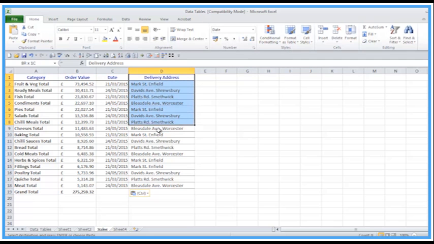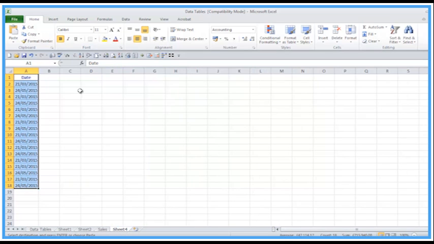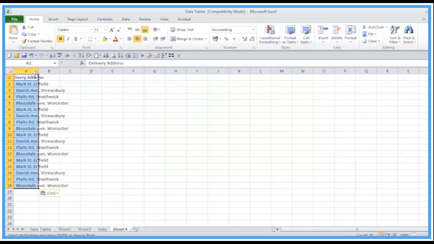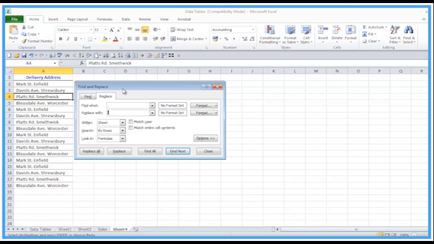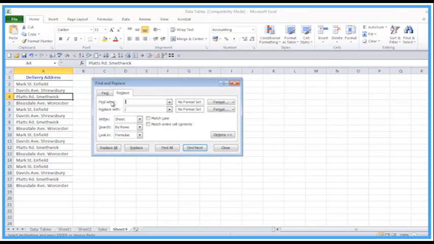Let's do the same with delivery address issues, so I'm going to copy that to my working sheet over the top of the other data. Don't need that now. And we've got similar problems here with dots because the system needs really the proper wording. So instead of ST dot it should be street, AVE dot should be avenue, and RD dot should be road. So I can quickly do my Control H shortcut again, and let's go for ST dot here,